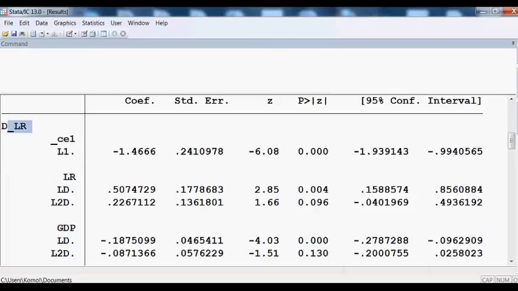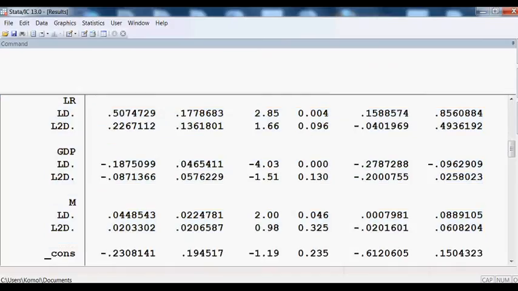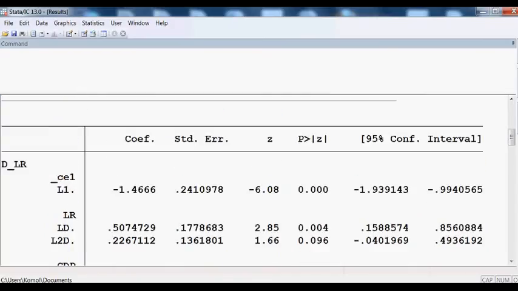Okay. So that is the decision of this error correction model. And from here, actually I shall be choosing only this model. Okay, now I can check as a whole, the whole system model,